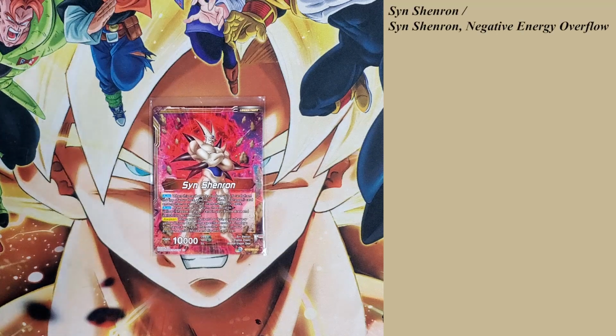This was a leader that I wanted to do a lot with during set 10, but never really had a chance to, just because I was really stuck on Topo Lock during that time. So I didn't get a chance to mess with this. With the advent of set 11, Syn Shenron got a couple changes, so I couldn't wait to dig into this deck. And surprisingly enough, I've actually liked it. It's an interesting meta choice for set 11's current format,